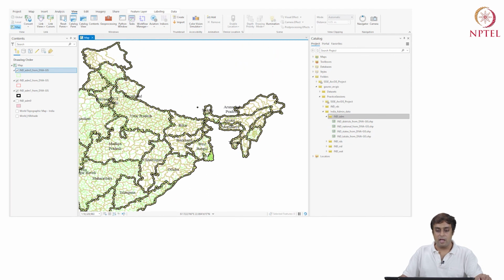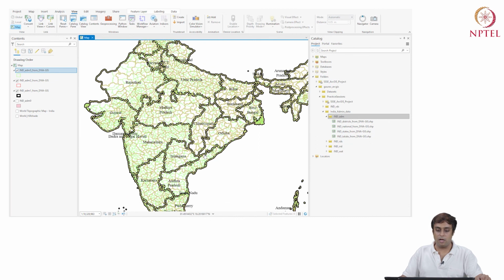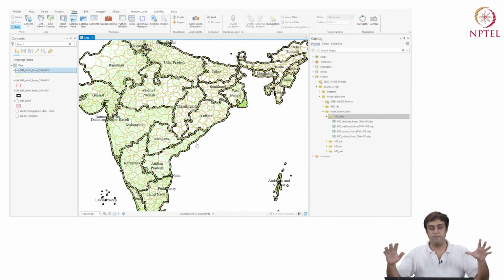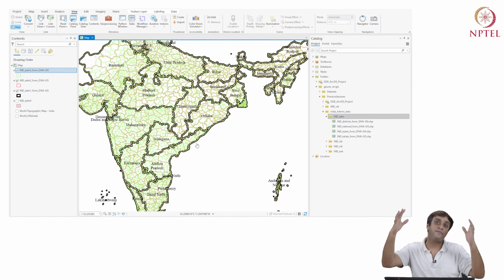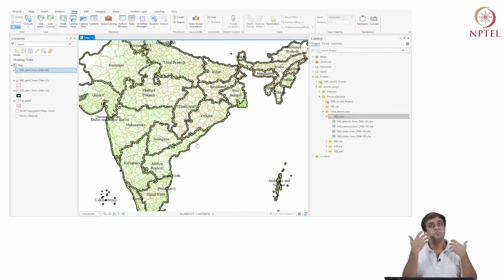So here is a symbology example, a labeling feature example, where I am able to visualize different parts of India, and I am able to create a very nice map, which you can take, clip, and download directly from ArcGIS and take it to publication. Okay, it identifies different features within ArcGIS.